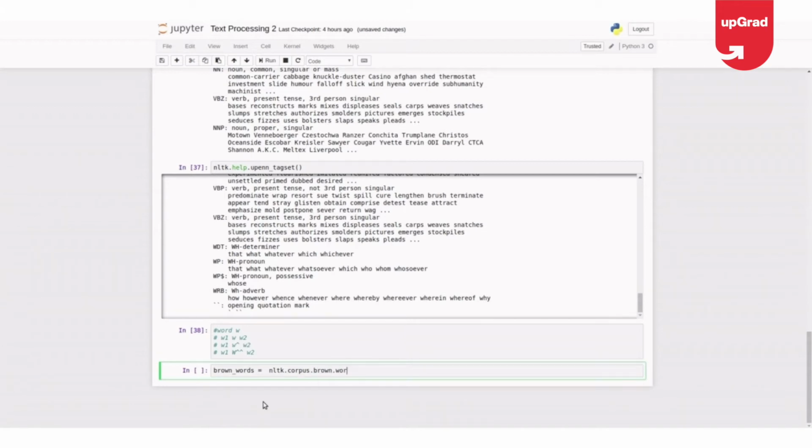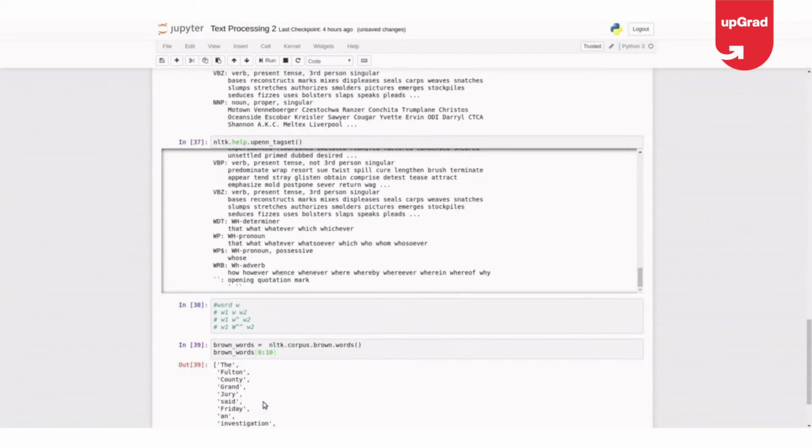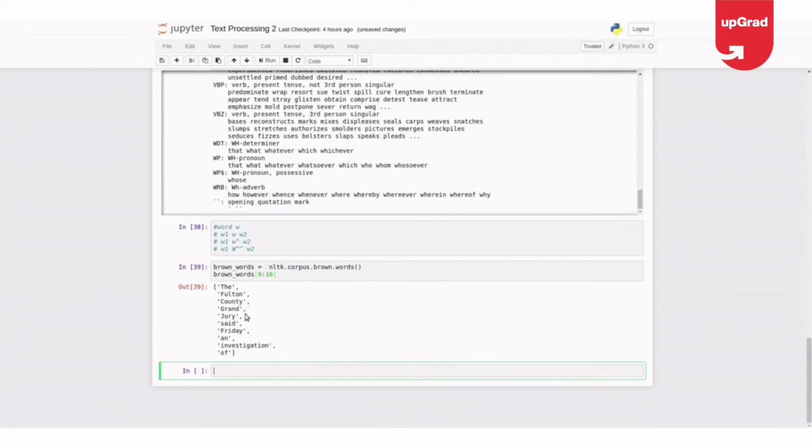It's .words. So Brown words are, and let me see just the top 10. Okay, the Fulton County Grand Jury said Friday an investigation of. Okay, these are the top 10 words.